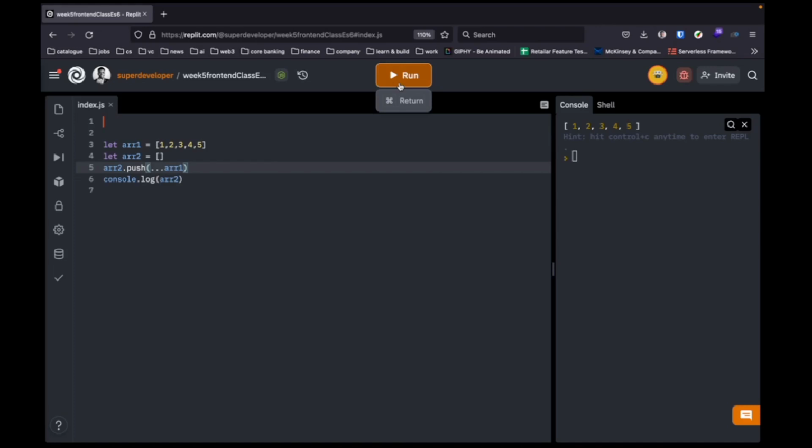Let's go ahead and test this and see what we have. So on our console, yeah, of course, it still works. You see, we can also push this similar to what we did earlier, right? The previous one, we had to spread it during initialization, but this one we first initialize and spread it after the initialization. So you can use the spread operator when constructing a new array literal,